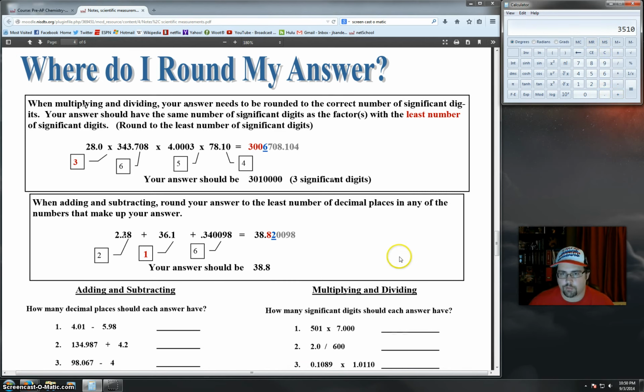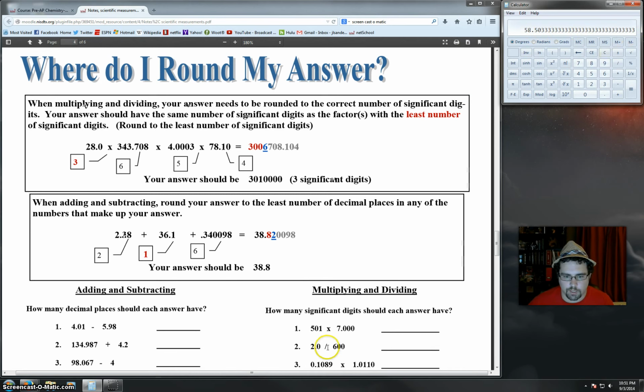Alright, I'll give you guys another minute. If you could please pause the video to try these other 2 problems. Alright, we're back. If you guys have done these other 2 problems correctly, then you should have done 2.0 divided by 600 equals